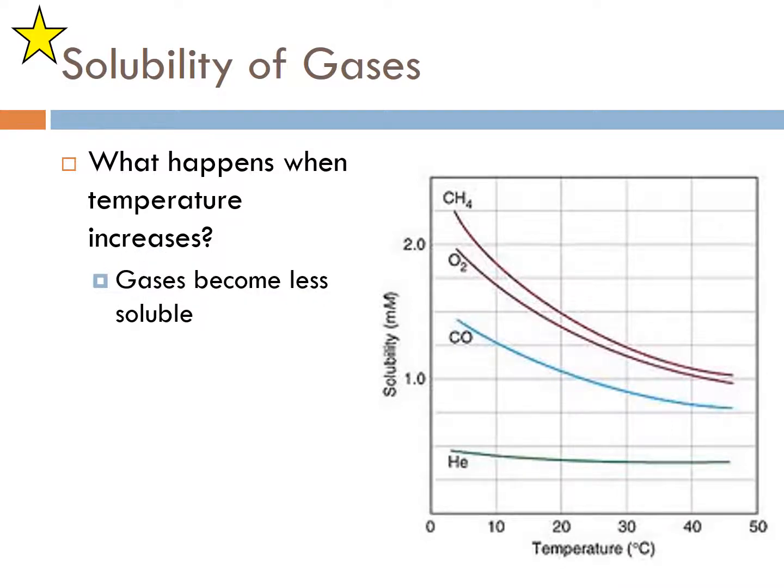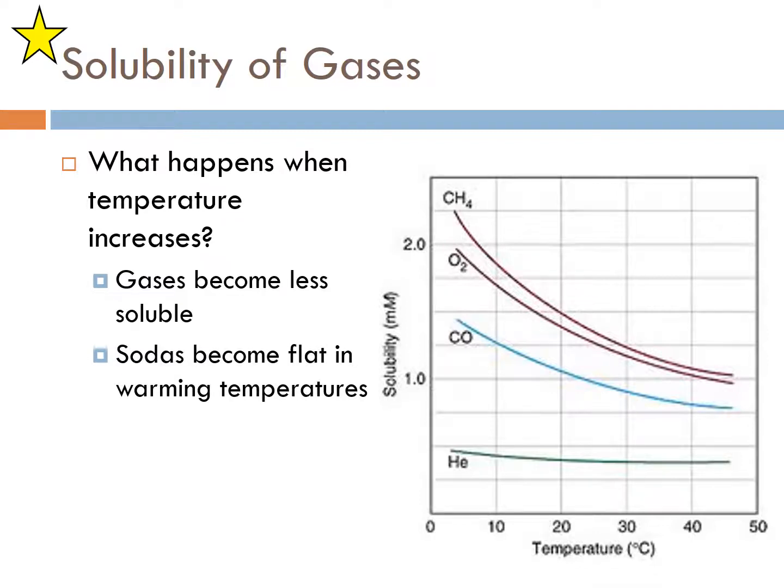So gases become less soluble at high temperatures and will become flat. Soda becomes flat at warmer temperatures, which makes sense. And if you agitate it, so what happens if you shake a bottle? You release the CO2, so you actually have decreased solubility as well. So it's opposite of solids. In solids, if you increase the agitation, you will increase the solubility. All right, so that is